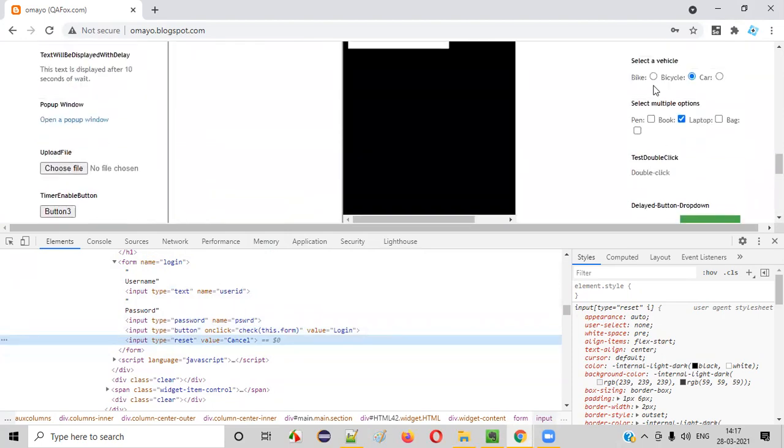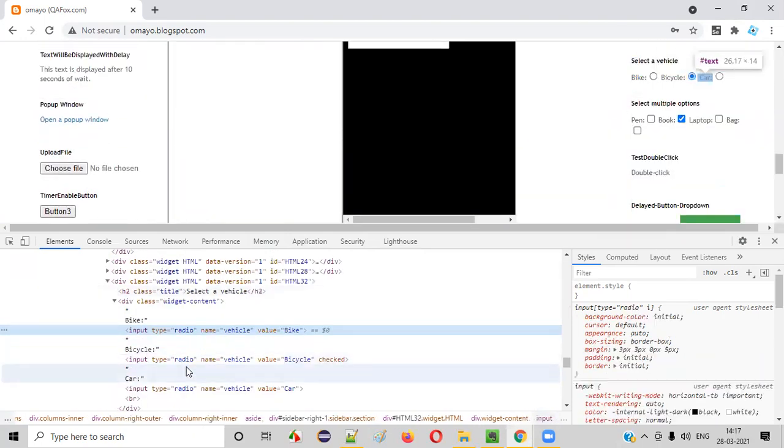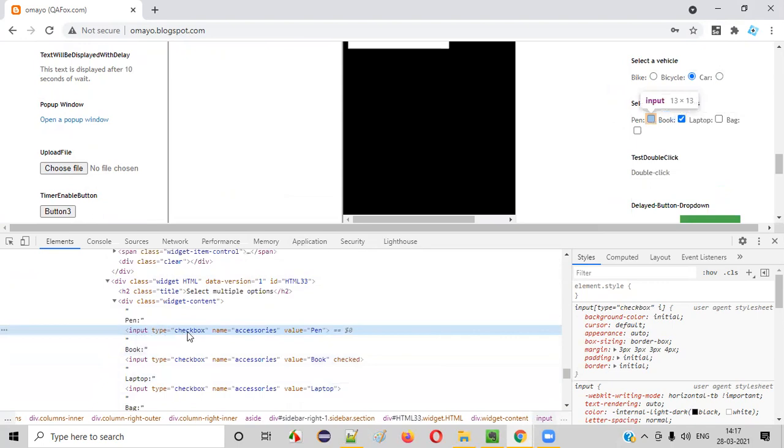And I also mentioned, even radio buttons and checkboxes have the input tag, but the type is radio. For the checkbox field, input tag, but the type is checkbox. If I want to convert this checkbox into a radio button, I'll simply say radio. You see, this one is radio, this one are checkbox fields, like that, guys. So this is how simple it is to understand the HTML code, guys.